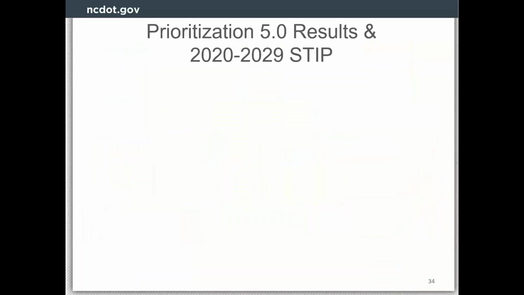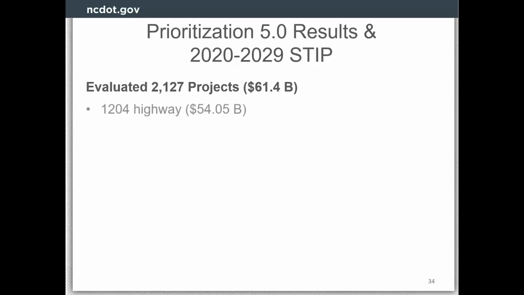So that money is subtracted out as well. And then we get to program projects. Looking back at P 5.0, which is the last one we completed in the 2018-2019 timeframe with the 2020-2029 STIP, we evaluated a little over 2,100 projects at an evaluation cost of $61.5 billion. That was about 1,200 highway projects, nearing 54 billion, and 920 non-highway projects, a little